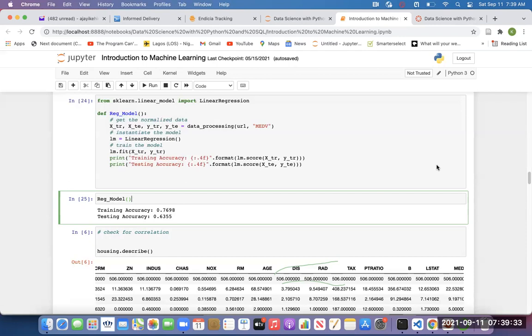While the testing accuracy is, since it has learned with that one, how well can it now try again? So the testing accuracy was now less than the training accuracy. Okay. Who else wants to try?